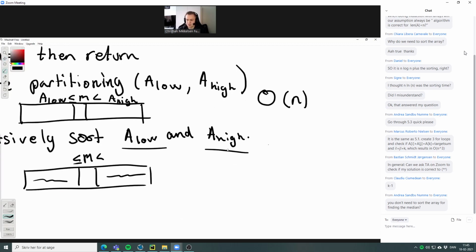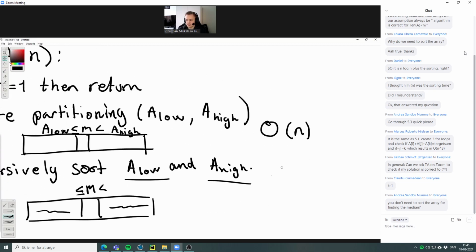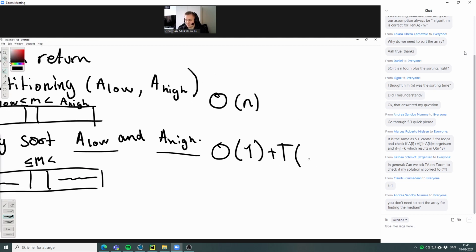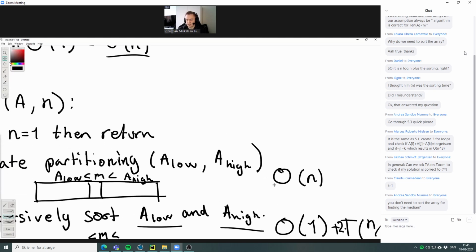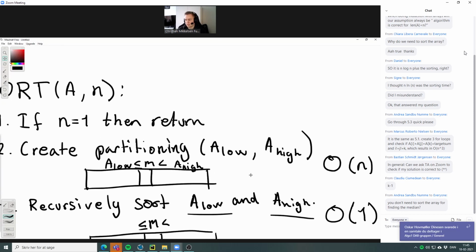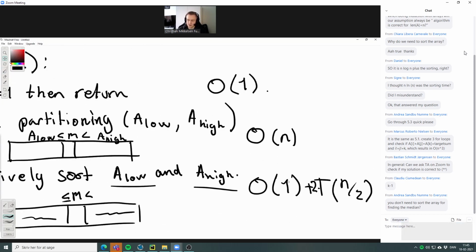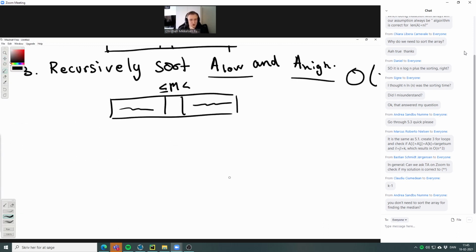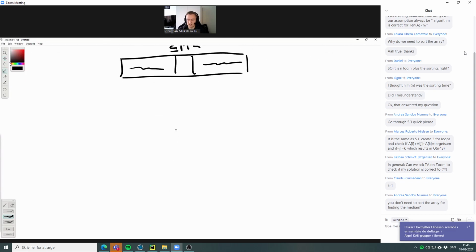Recursively sorting, that is just a recursive call. It technically takes O of 1 time to actually call. Of course, the actual algorithm takes something different, right? So you can do this A1 plus the time it takes for n over 2 twice, so 2 times that. And this if statement up here is constant time. So in total, let's just try to convince ourselves what time this actually takes. And I'm going to draw something called a recursion tree. And I don't know if you've seen that before, but